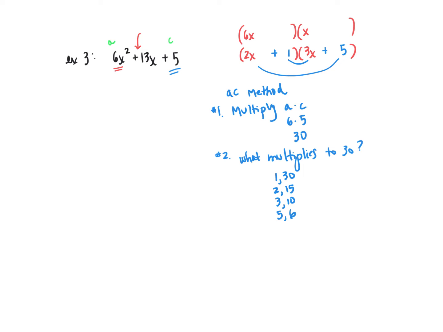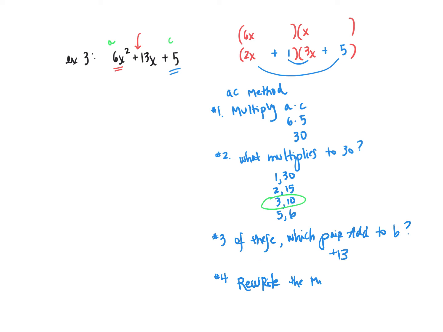So the third thing you need to ask yourself is, of these, which pair add to B? And in this case, B is positive 13. So the pair that adds to B is 3 and 10. Now with those easy trinomials, we were basically almost done. But with this method, when A is bigger than 1, you need to rewrite